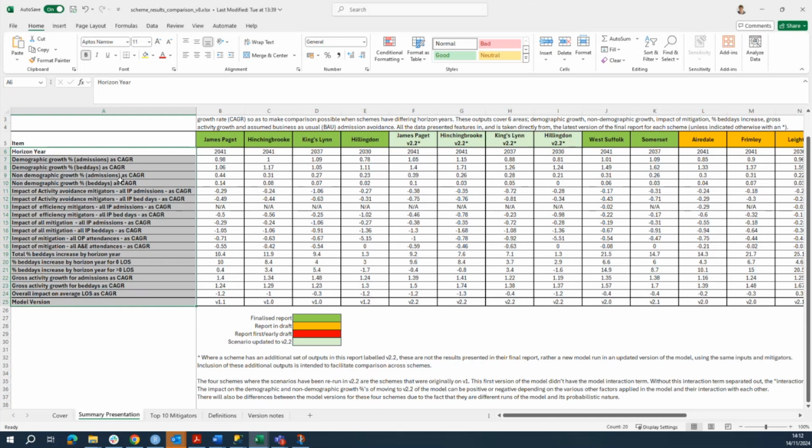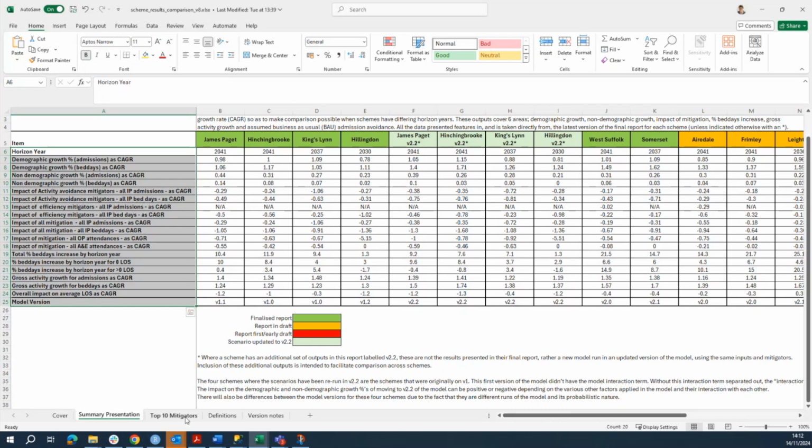One of the things about these schemes is that you've got different horizon years, so we wouldn't be able to make a comparison between a scheme with a horizon year of 2041 and a scheme with a horizon year of 2037, for example. What these calculations do is express the information as a compound annual growth rate, so that it's possible to make comparisons